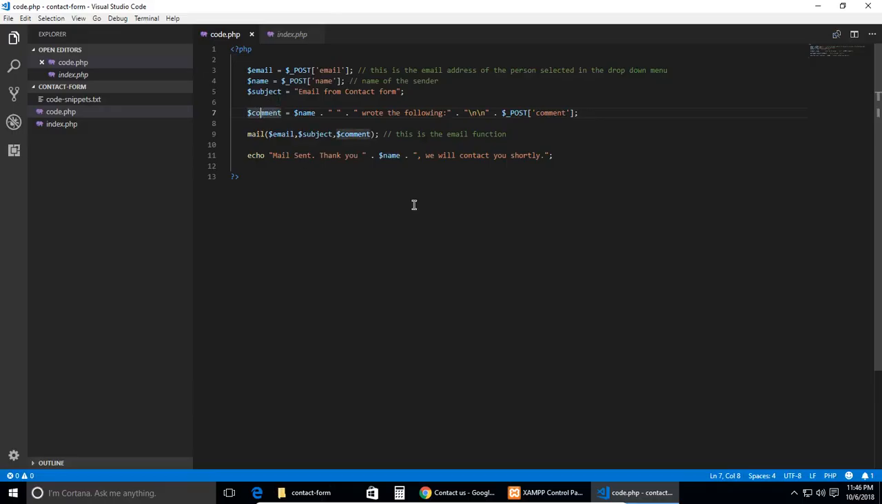So essentially what's going on in this piece of code is we are grabbing the email from our contact form and we are putting it in this variable. This is a variable in PHP. In PHP, whenever you see a $ sign and whatever